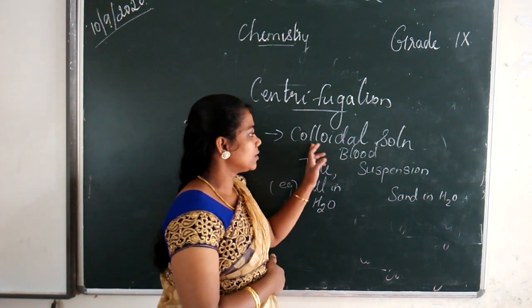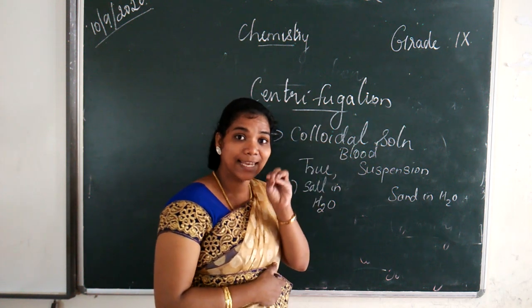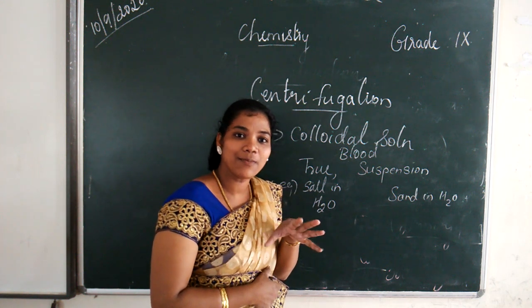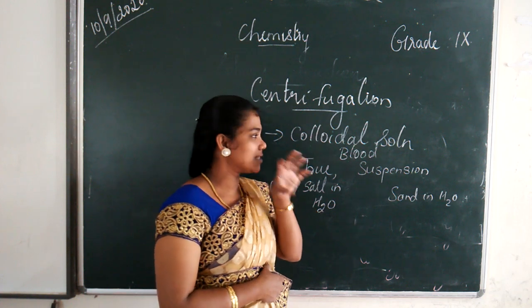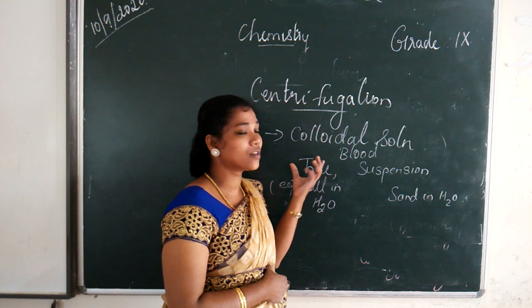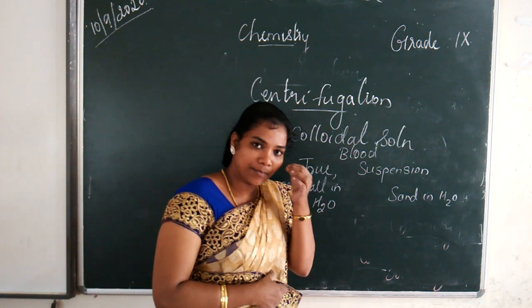Okay, so in these solutions, the solid particles present in the liquid never get dissolved. At the same time, they never get sedimented. Okay, they form a colloidal nature. That is called what solution? Colloidal solution. So for such a type of solution, how can we separate the solids that do not completely dissolve